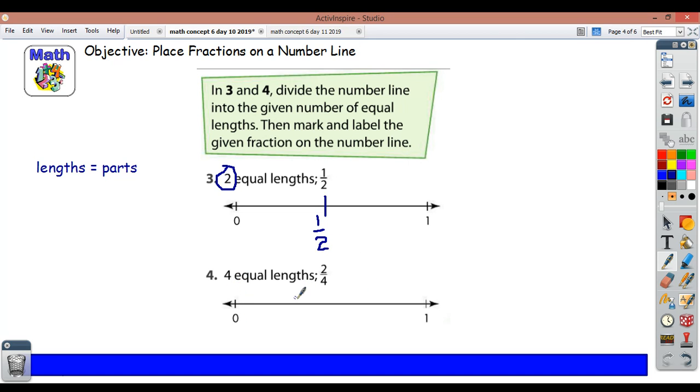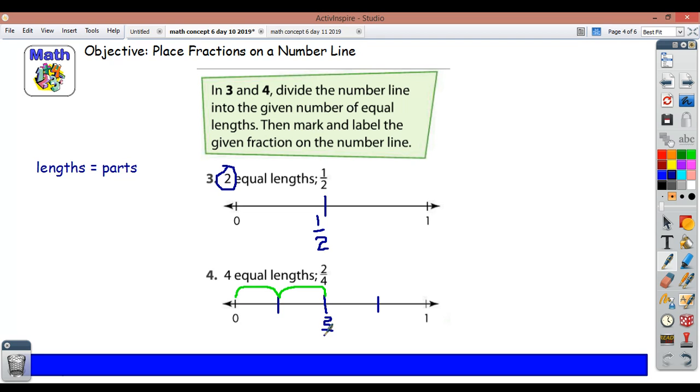4 equal lengths. So I've got to divide this into 4 equal parts. All right, let's see. That's 2 parts. There's 1, 2. Trying to get those even. I want to be as precise as I can. Now that's 4. 1, 2, 3, 4. Yep. But I want to label that's 2 out of 4. So I'm going to count. There's 1. There's 2. Okay. So I'm going to label that as 2